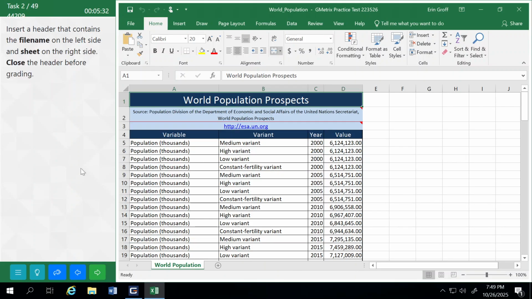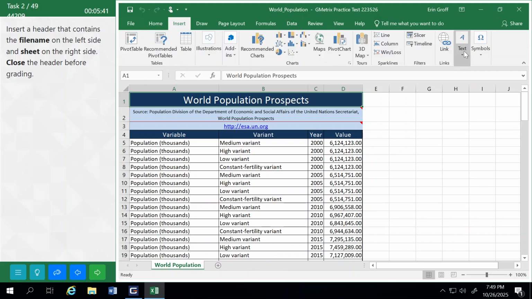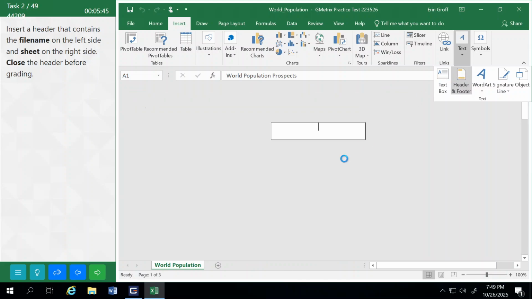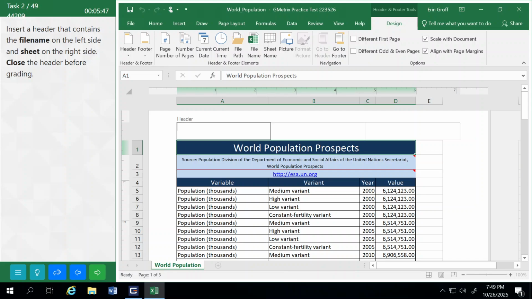Insert a header that contains the file name on the left side and sheet on the right side. Close the header before grading. Insert, Text group, and select Header and Footer. In the left box, we're going to insert file name, and on the right side,